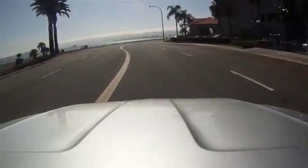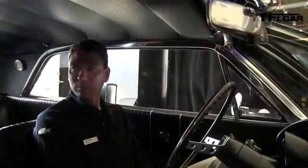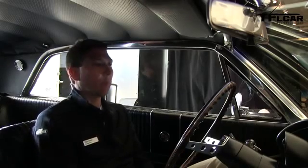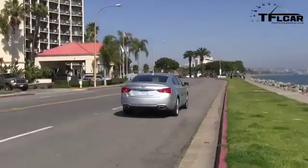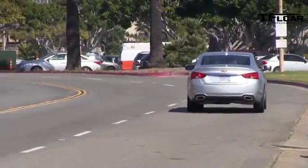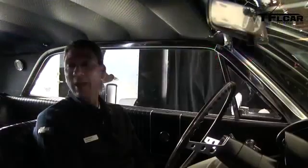And let's say somebody's cross-shopping with a Taurus, Maxima, or a Azera, right? These are cars that are in that same segment. Correct. Why should they get the Chevy? I think there's several reasons. One, visual appeal. I would say the customer who wants to purchase the Impala is someone who is proud of their vehicle, wants to show it off a bit, wants to walk up to it and be proud of it, wants to walk away and look back and just be very happy and proud that they purchased it, compared to some of the others that